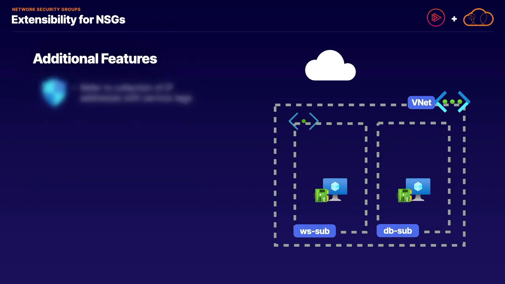With our NSGs, it's important to understand that we have the ability to refer to a collection of IP addresses using something known as service tags on our security rules. For example, we have Internet as a service tag to represent the 0.0.0.0/0 IP address space, representing all IPs. And we have service tags for multiple different things, as we'll see when we get into actually working with our